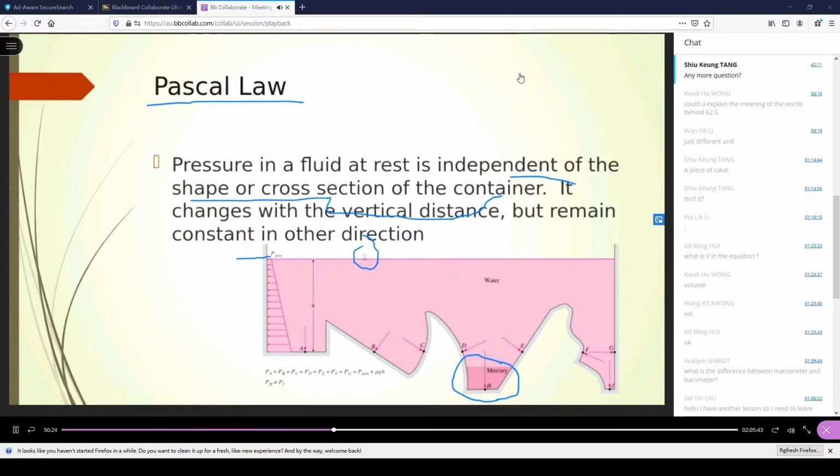So what does Pascal's Law tell you? Now remember, pressure is a scalar. So no matter whether you are talking about an inclined plane like this, or a curved surface,